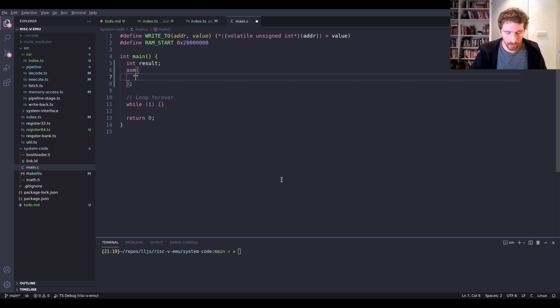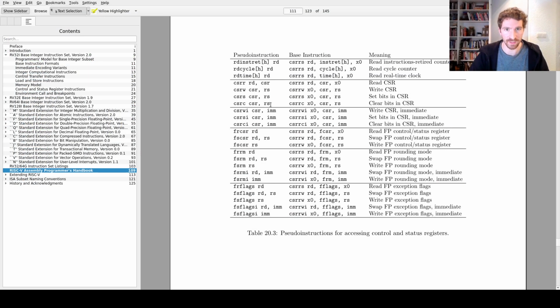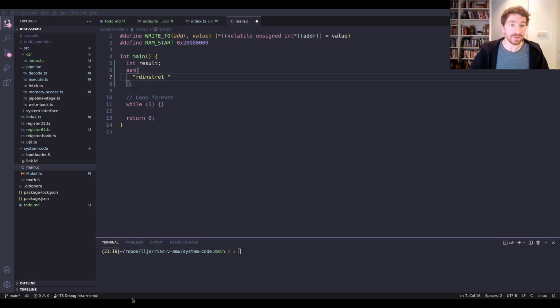Alright, so what we want to do is an rd instret, instruction retired. And what we're doing here is we're just trying to read the number of instructions retired, and we want to put it into a register, right? That's what this does. And so we give a destination register. The nice thing about doing inline assembly in C is that you can use this kind of templating syntax,